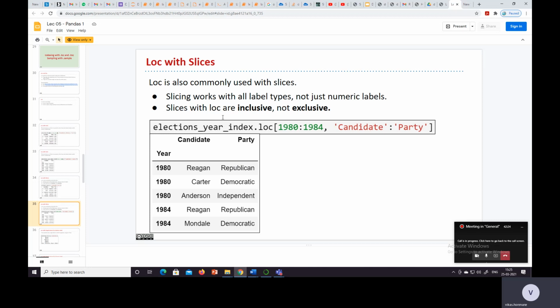Then we have loc, which is also commonly used with slices. Slicing works with all label types, not just numeric labels, and slices with loc are inclusive, not exclusive. So, election year index is there, and 1980 to 1984. Here, previously we have not considered the index. By default the numeric index will be there,